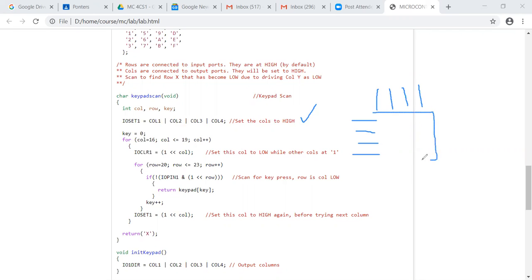This is a keypad, and these are the columns: column 1, 2, up to column 4. Column 1 is whatever port number we have defined, and IO set 1 corresponding to those ports means the logic will be 1. So the logic level is initialized to 1 on all the column ports.